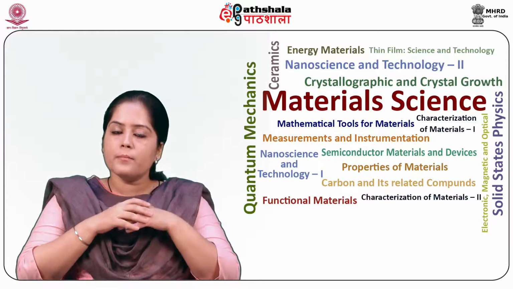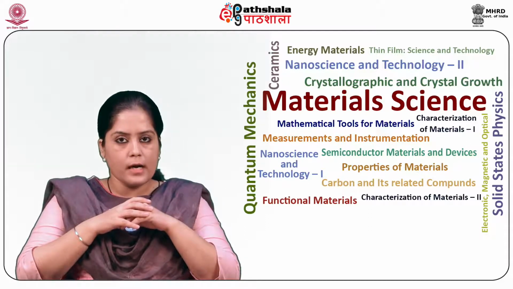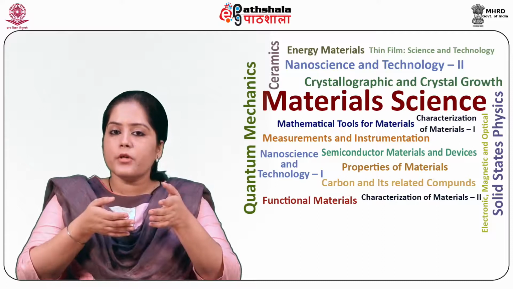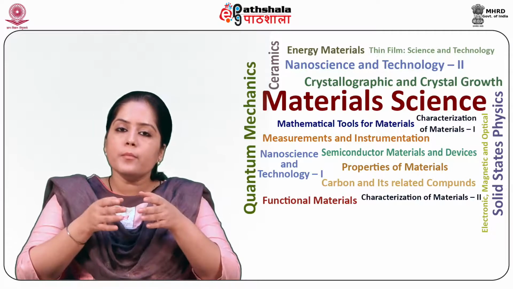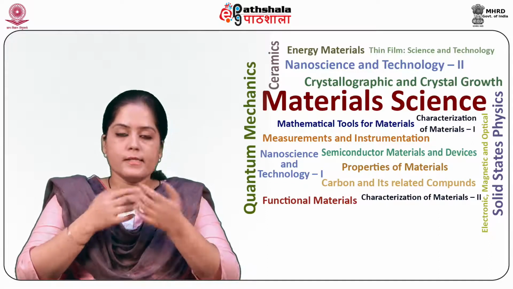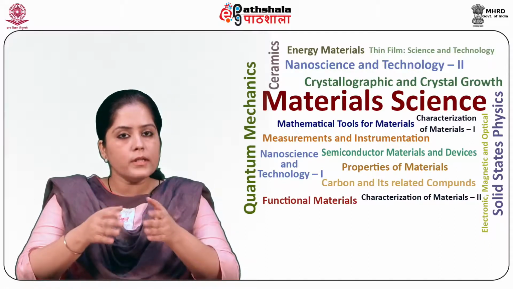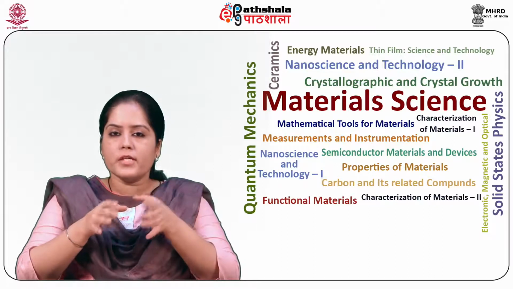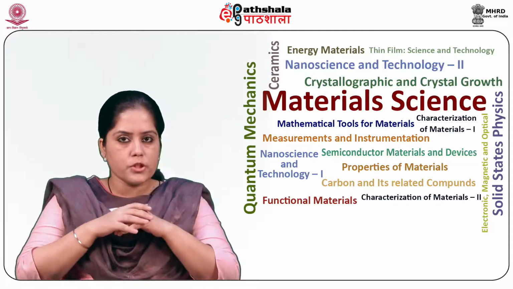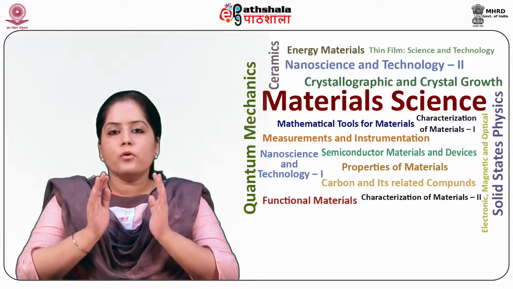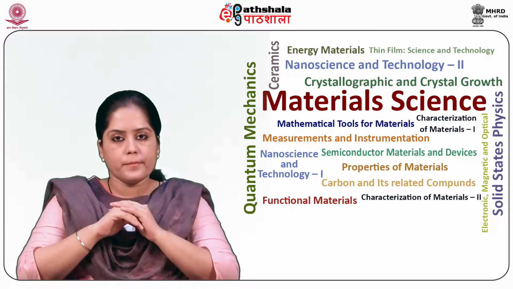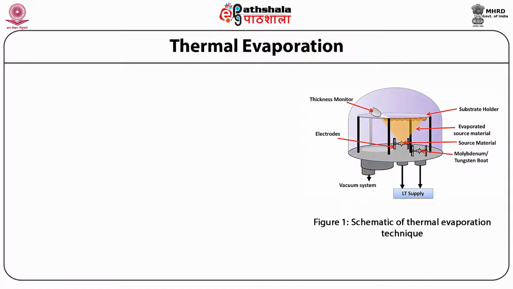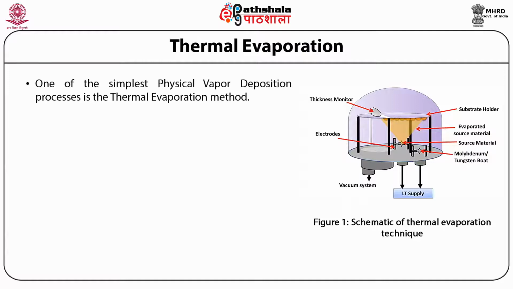So, the common examples of PVD processes are pulse laser deposition, sputtering, thermal evaporation, E-beam evaporation, etc. All the methods, though they differ from each other in the growth and deposition methods, yet follow the above mentioned three fundamental steps. Thermal evaporation. So, thermal evaporation is one of the simplest